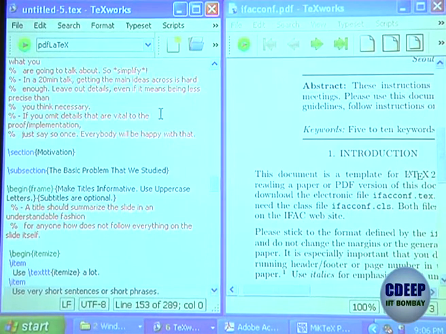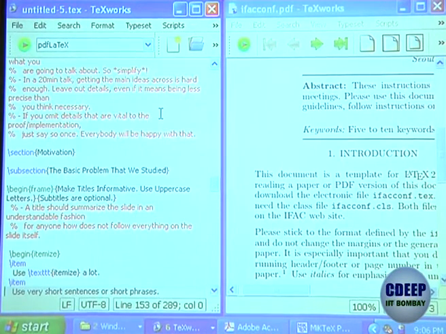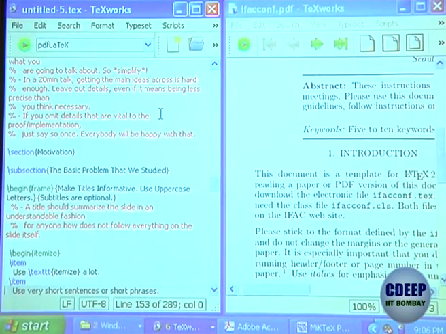And below you have something called \begin{frame}. Where is \begin{frame}? \begin{frame} is there. So \begin{frame} has to be followed in the first curly bracket by the first title of the frame. Okay, so \begin{frame} followed by a title, that is the first title on the top of the frame. Again one more curly bracket, that is the second title. So one title will come on top, and the second title is the subtitle for the frame. If you don't want the subtitle, just put an empty bracket. If you put an empty bracket, there is no second subtitle.